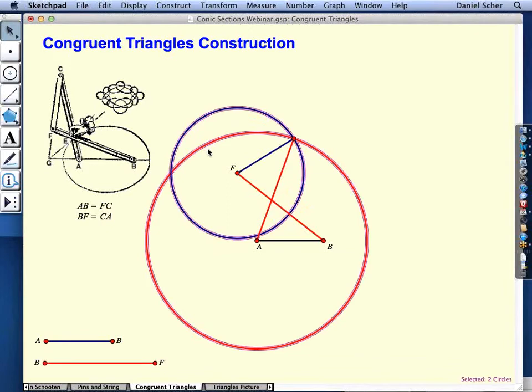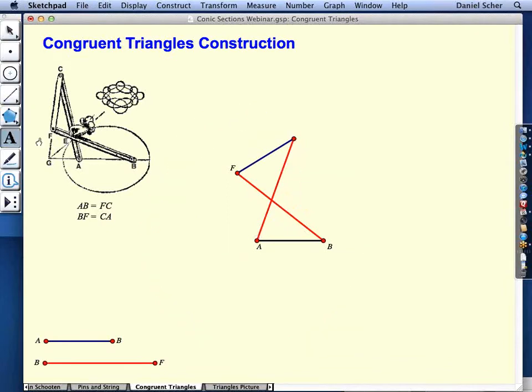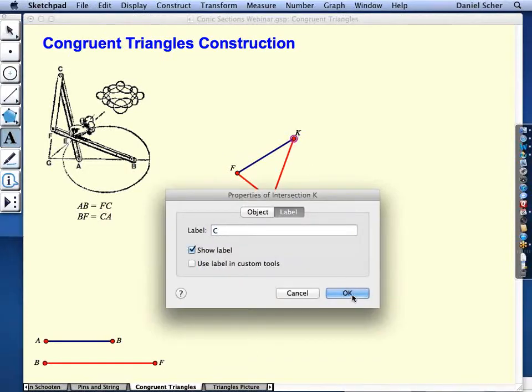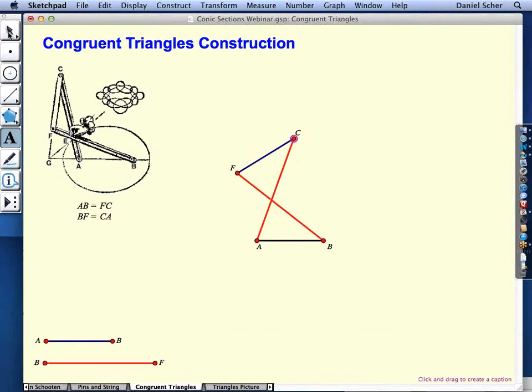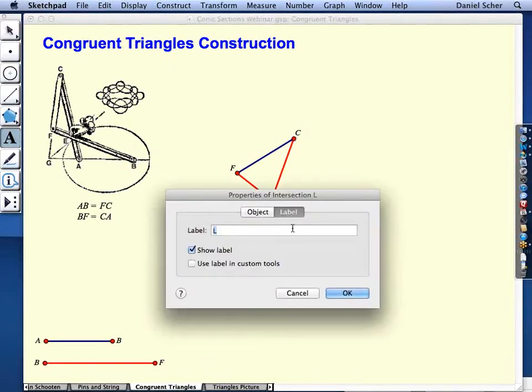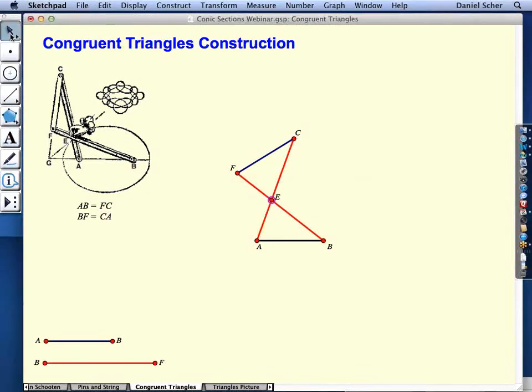So I don't think I'll need these circles anymore. I'll hide those, and I'll label this point C. And my intersection point, the one I'll be tracing, that's point E. So now if I drag point F, I can see a working model of Frans van Schooten's construction, which is